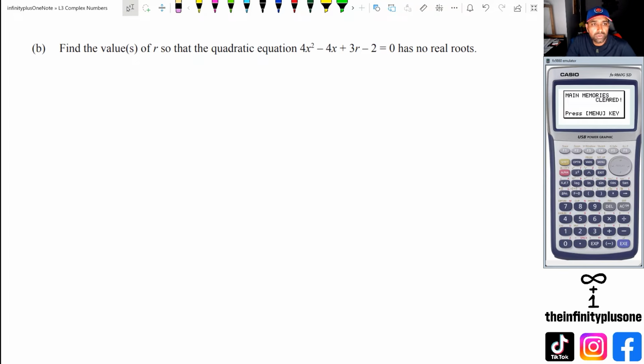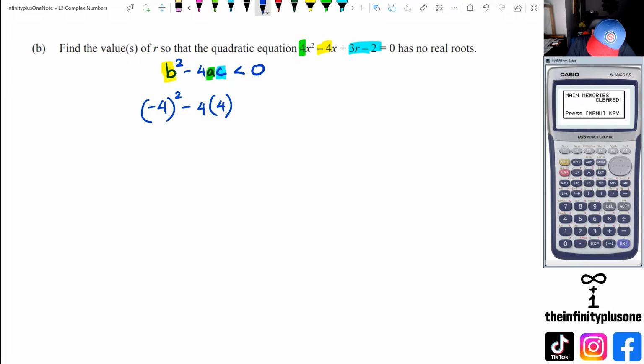So with the next question, what we've got is find the values of r for which the quadratic equation has no real roots. Now, if it has no real roots, that means b squared minus 4ac, which is the discriminant, has to be less than 0. Now what we're going to do is highlight all our important parts so that b is negative 4, a is equal to positive 4, and then we've got c, which happens to be 3r minus 2. So we've got negative 4 squared minus 4 times 4 times 3r minus 2,